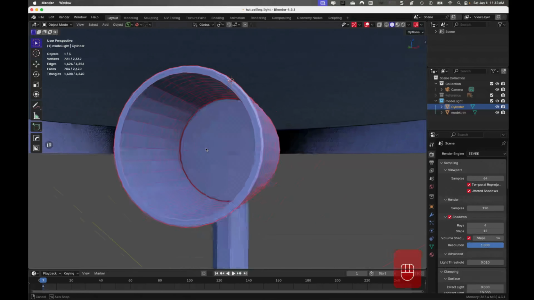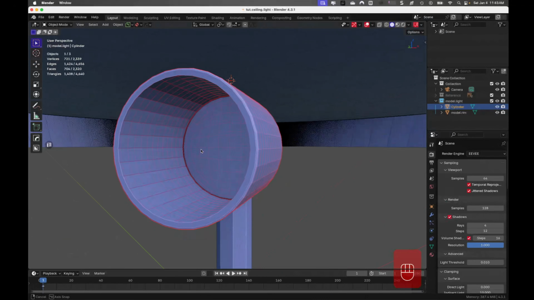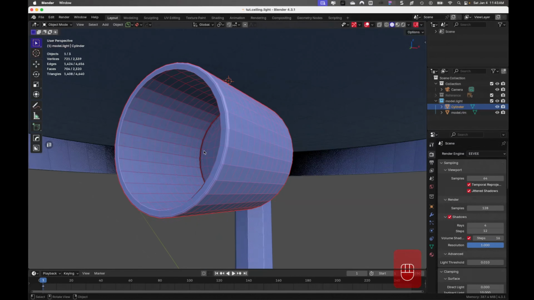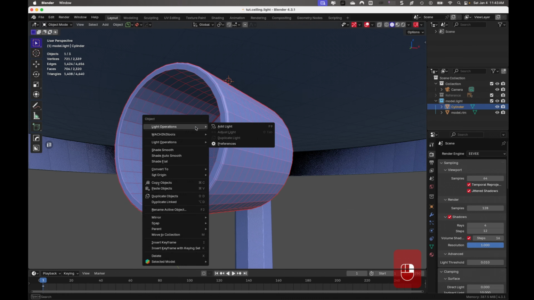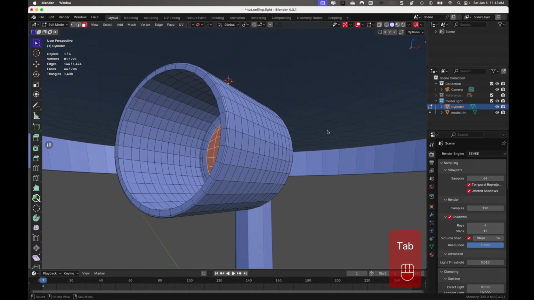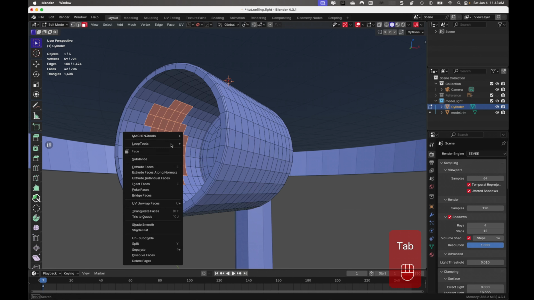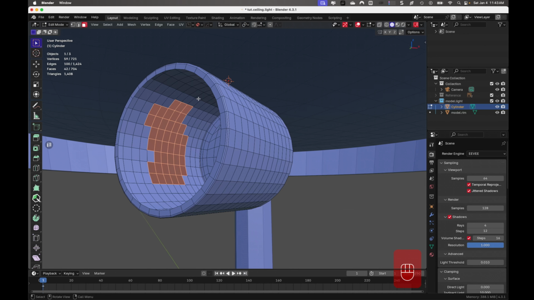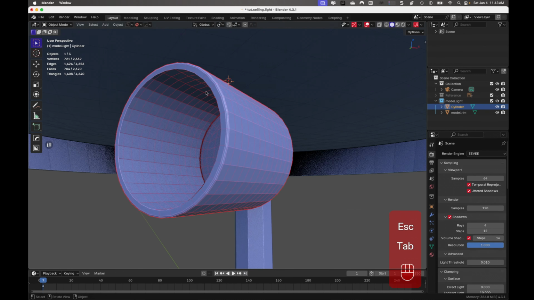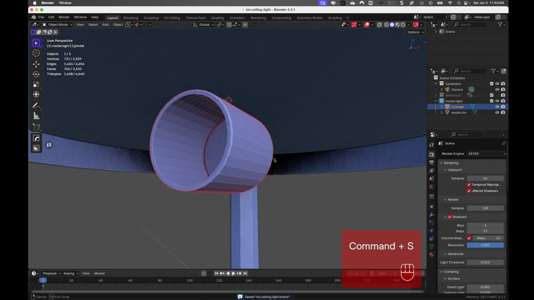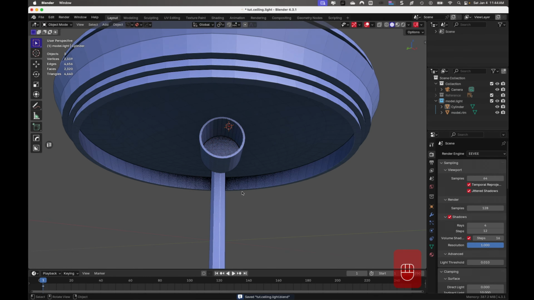I'm not going to do any modeling inside of this thing. So like, I'm not going to put the threads in here where the light bulb screws in. I mean, I've got a way of doing that. I've got a plug-in, I think it's Machine Tools. Let me see. I'm just curious so I can show it to you. Yeah, so it's Machine Tools. It says add thread. So I can select a lot of these faces and add a thread in there really easy. That's usually what I do. There's a couple of ways I actually manually do it in vanilla Blender to create threads,